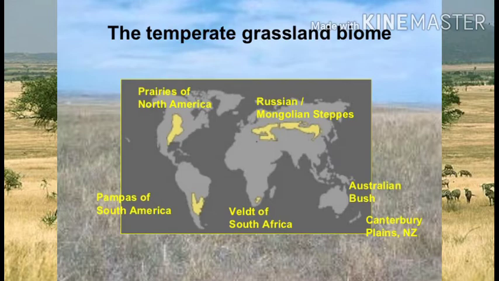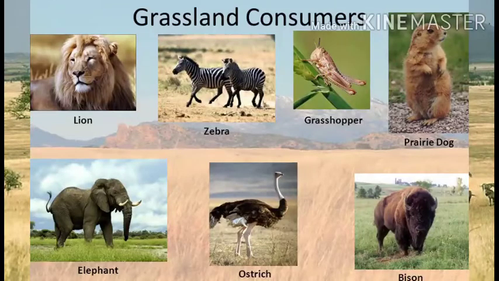Okay, students, if we talk about the wildlife found in the grasslands, there are swift-moving animals like antelopes, horses, wild dogs, wolves, jaguars, pumas, rabbits, giraffes, wild asses, and leopards. These are the common animals in the temperate grassland. Kites, eagles, and owls are the common birds which we can find in the temperate grasslands.